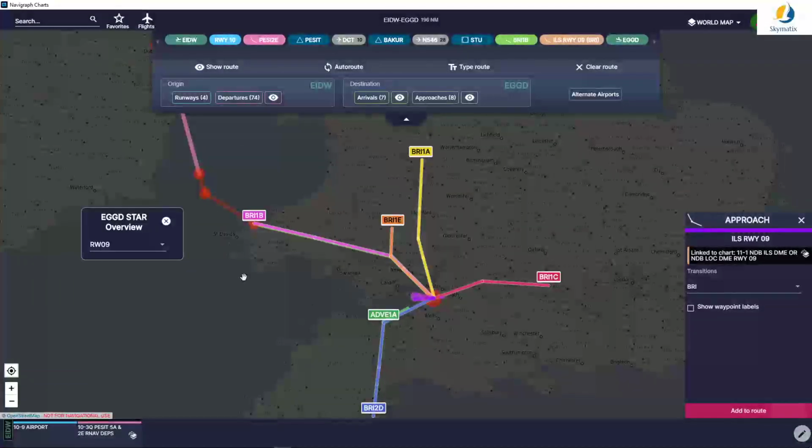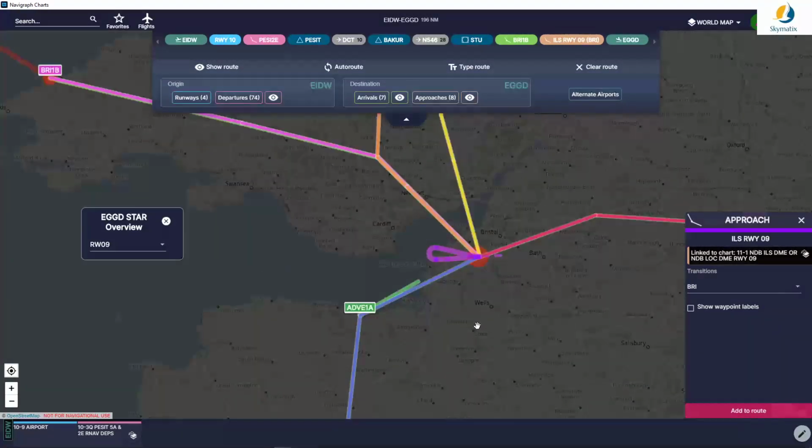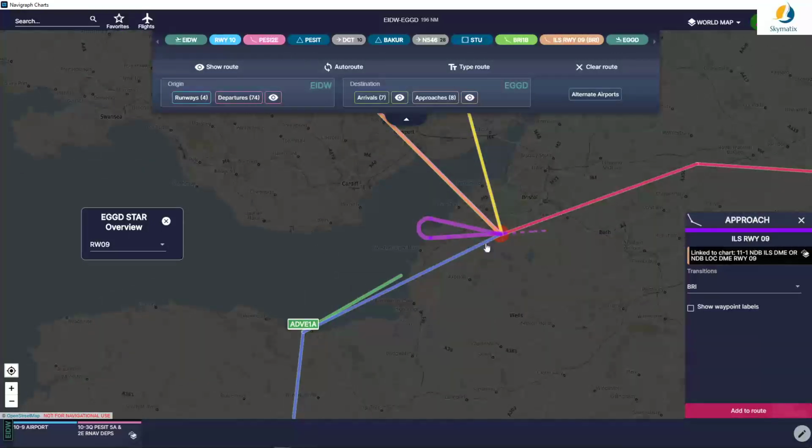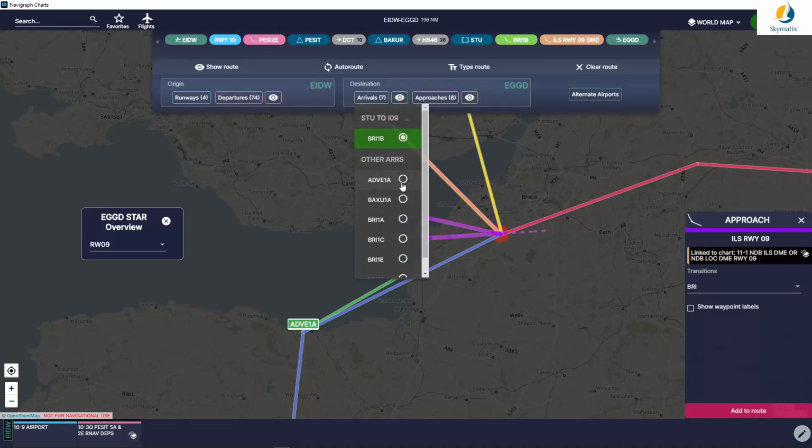If we go back, the next one that does not go to the actual airport actually gives us more of a chance to reach the ILS. And remember, it's about there. That's where the ILS will start. It is going to be this one. Alpha Delta Victor Echo 1 Alpha. All right, so if we change this to that,